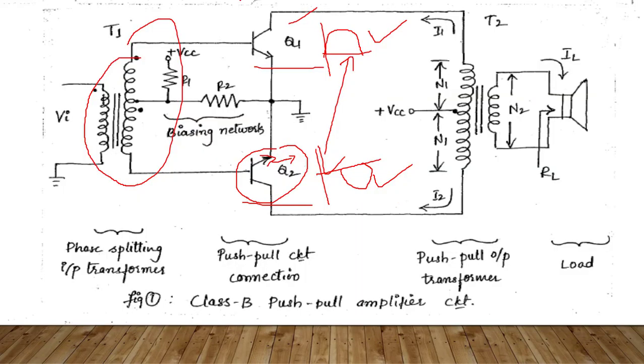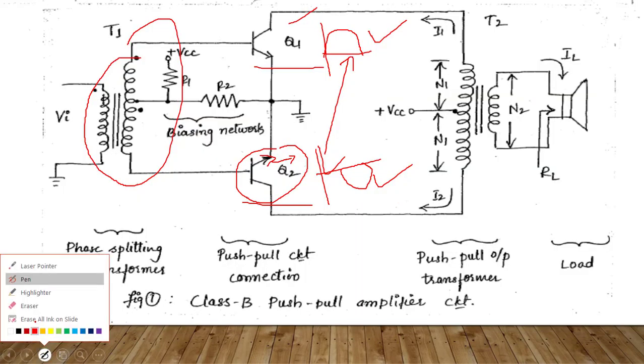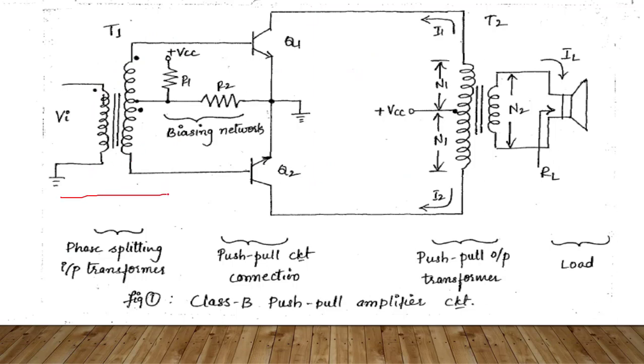Once again I will go to this part. See here, this first portion is the input transformer that makes a phase split. This is one type of phase, this is the other type, with a 180-degree difference in phase. Q1 will generate one side of the signal, Q2 will generate the other side of the signal. These two signals merge in the next transformer. Here we are using it for splitting, here we are using it for merging, and this is nothing but a load, which we are using as an audio speaker.